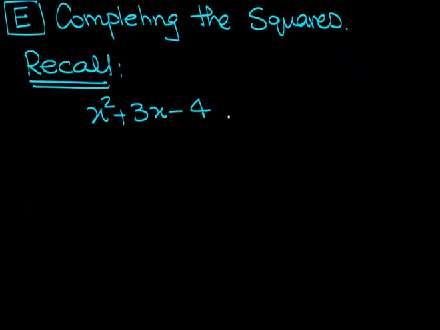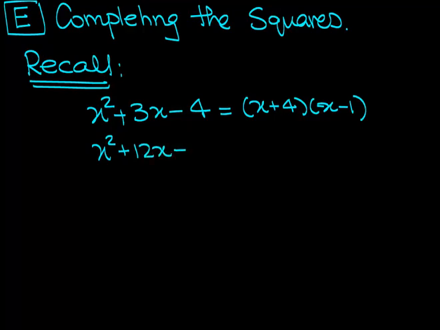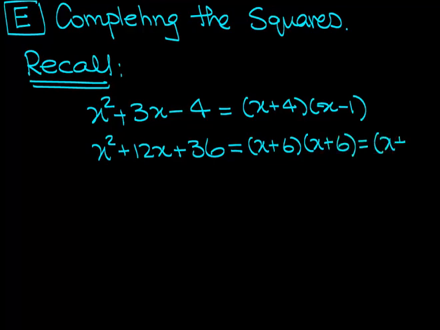Let's just look at this, not worry about the equation. We factored this into what? x plus 4 and x minus 1. That worked fine. But on the other hand, if I gave you x squared plus 12x plus 36, I could still factor this. I want two numbers that when I multiply, I get 36, and when I add, I get 12. They're 6 and 6. So I get x plus 6 and x plus 6, and then I can write this better as x plus 6